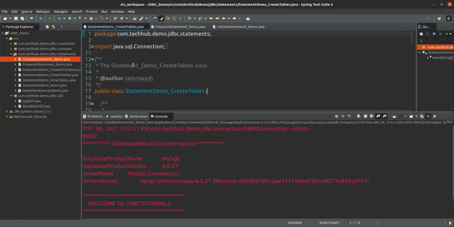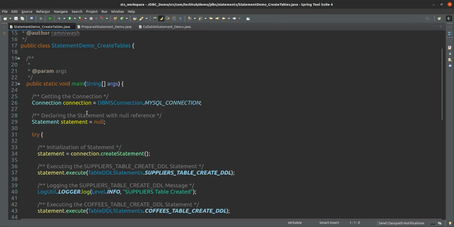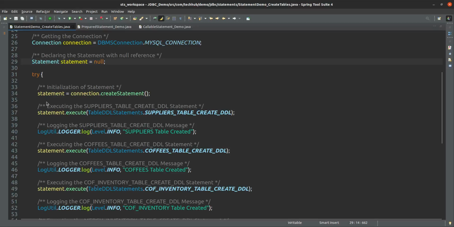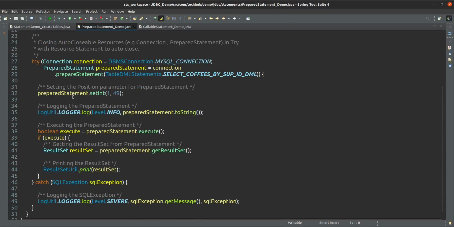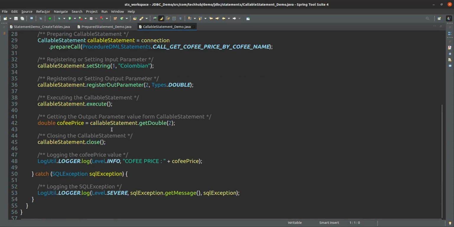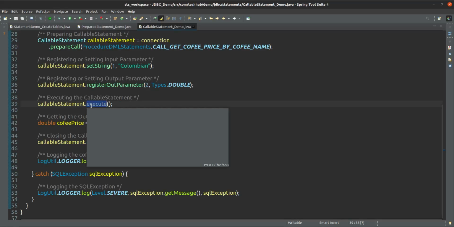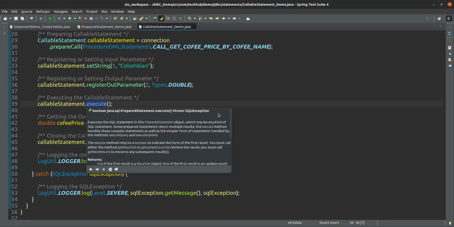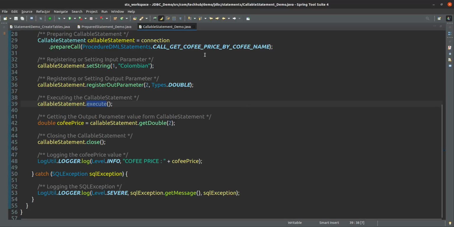So on top of this statement we are calling the execute method, and for prepared statement also we are calling execute, and for callable also we are calling execute to execute that query. The execute method is used to execute the query.